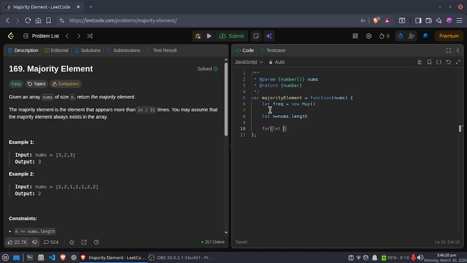and start a for loop. Let i equal to 0, i smaller than n, and i plus plus. In this for loop we count the frequency of every element. Just write an if else, and inside this, in the else condition, we write frequency.set with nums of i as the key, because it is unique for each element,